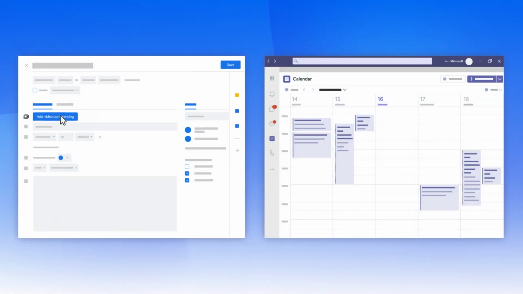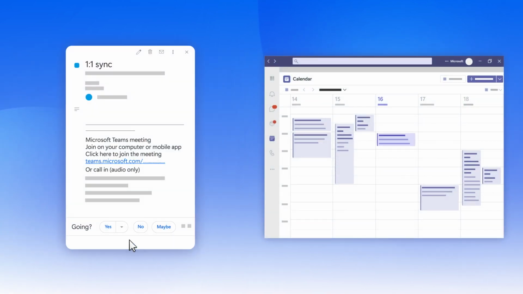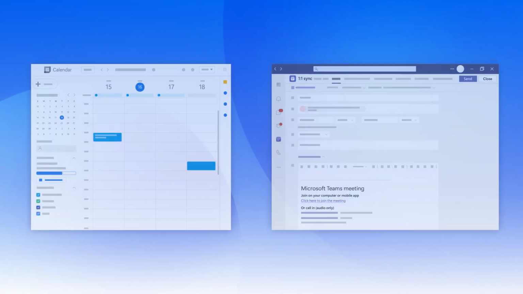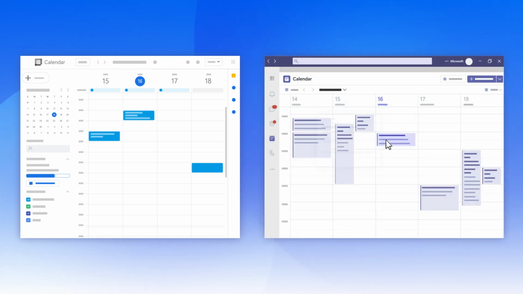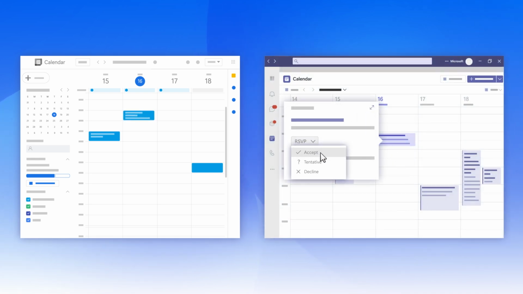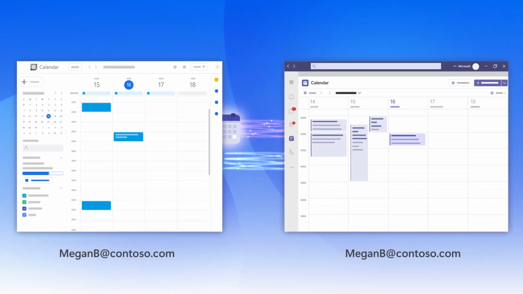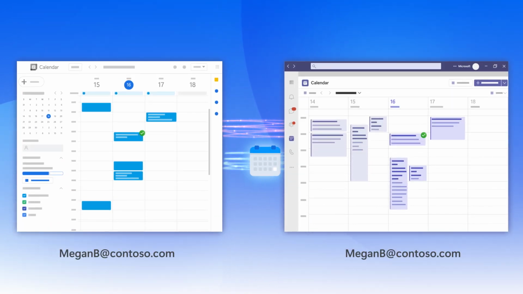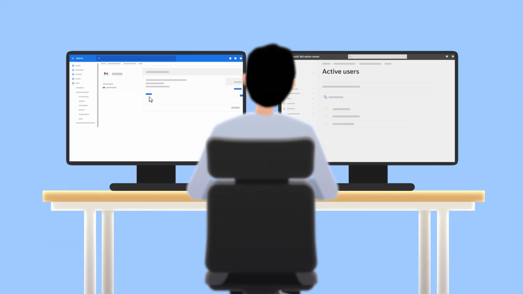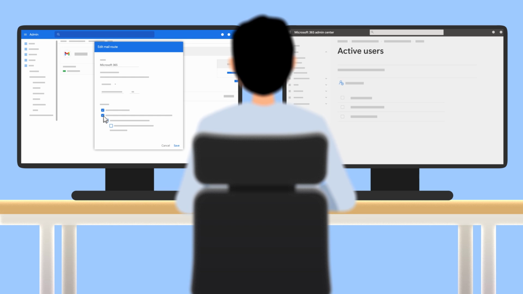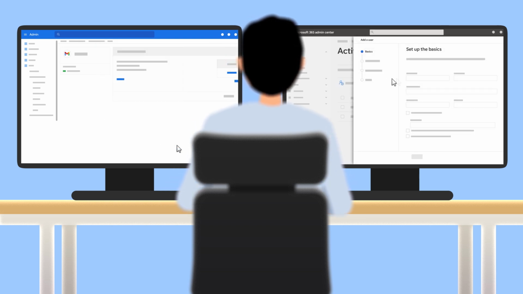Now, this means that meeting invites and RSVP messages that you send or receive from your current email will flow into Teams, and conversely, any Teams-generated invites or RSVP messages will also be directed to your existing email service, and both services and systems are constantly communicating with one another. And to get this dual messaging flow to work, your partner will need to configure experiences in both your existing service and in the Microsoft 365 Admin Center.